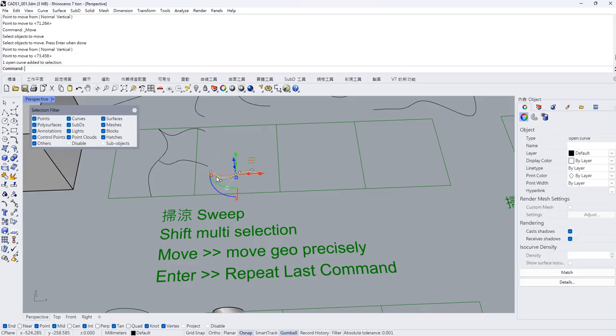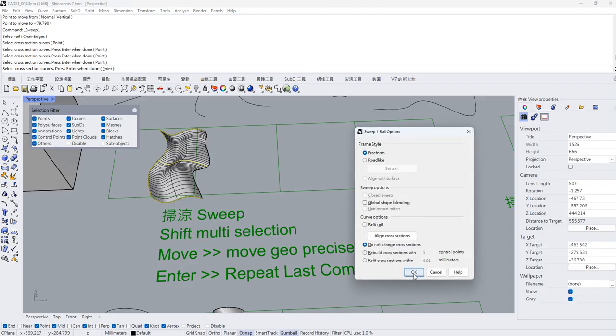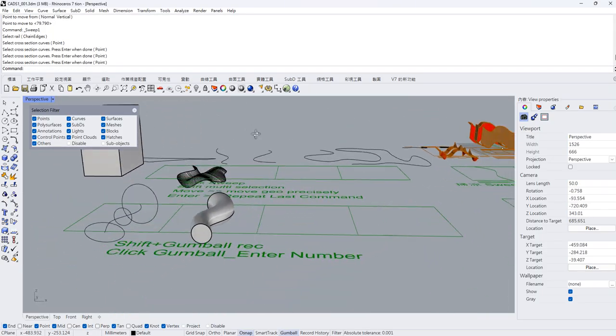So every time, if you want to repeat your move operation, you have to press Enter twice. Let's move. Let's do it again. So now we have finally created a surface. Sweep 1 Rail, select a rail, 3 curves, Enter. So now we have. Okay, let's give you probably around